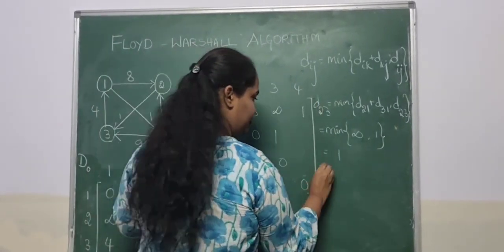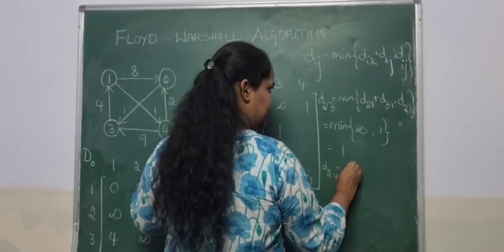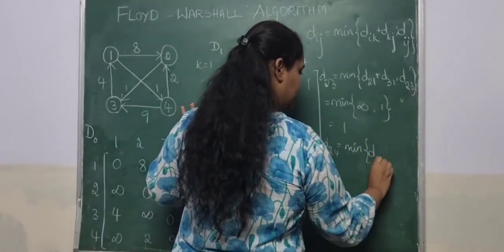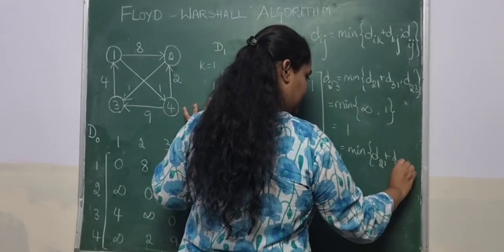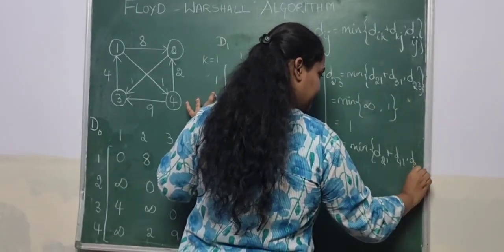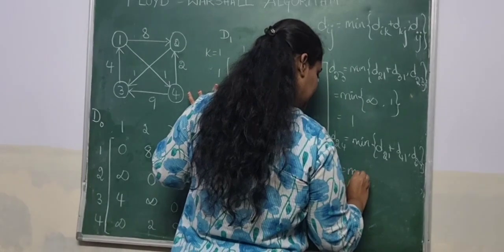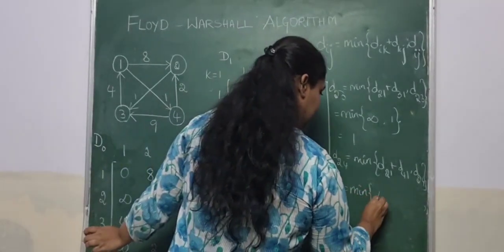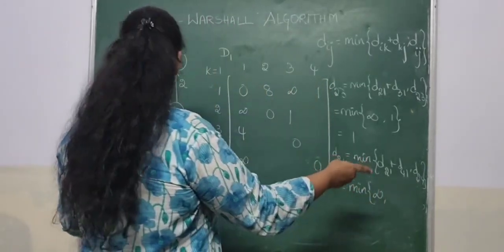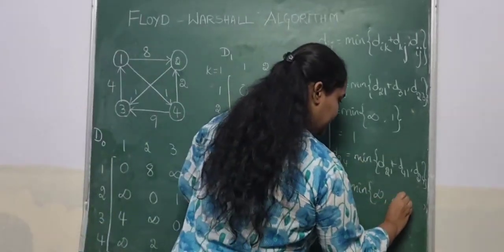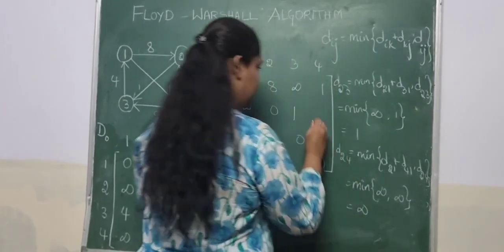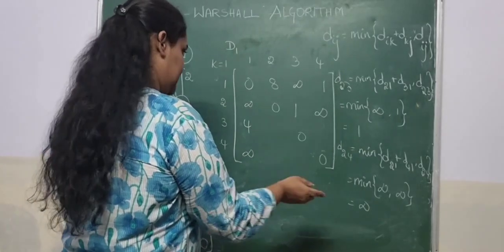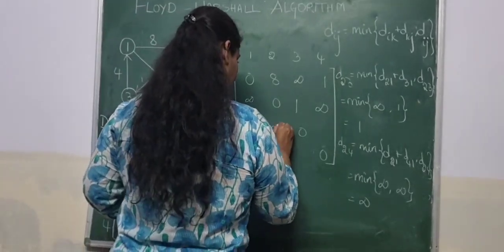Similarly, we find D24. D24 is minimum of D21 plus D41 comma D24. D21 is again infinity, so plus something it's again infinity, and D24 is also infinity. So it's infinity only, it won't change. Similarly, we fill the rest of the values. So this will be infinity,